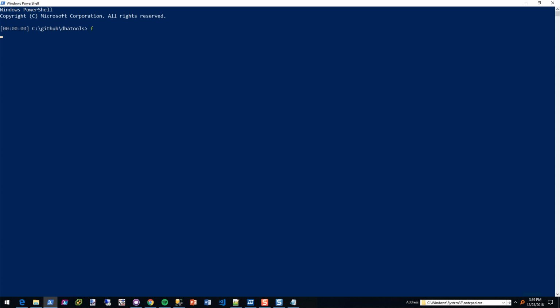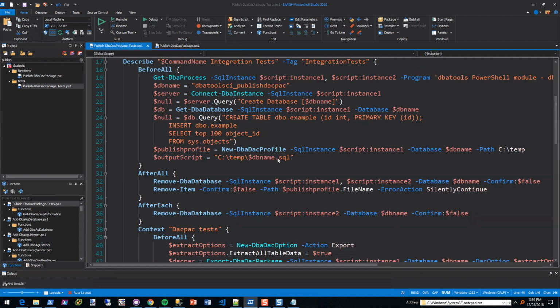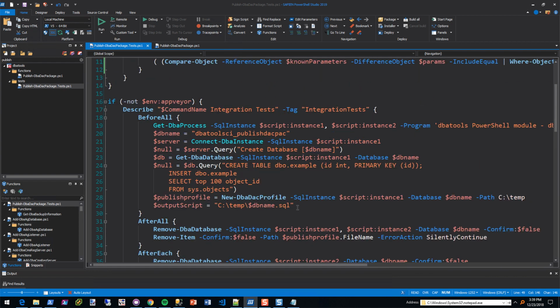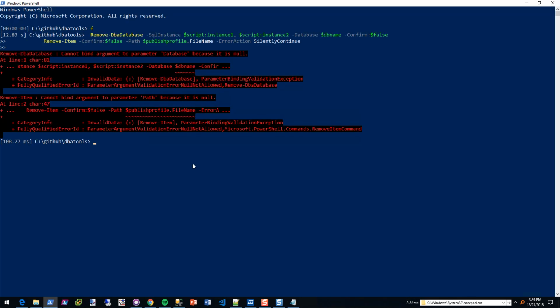All right, from a completely fresh console, and see if maybe I'm just losing my mind. I'm going to run that test. No, I'm going to run all the after alls, because maybe it was the test that was getting in the way somehow. Oh, shit.